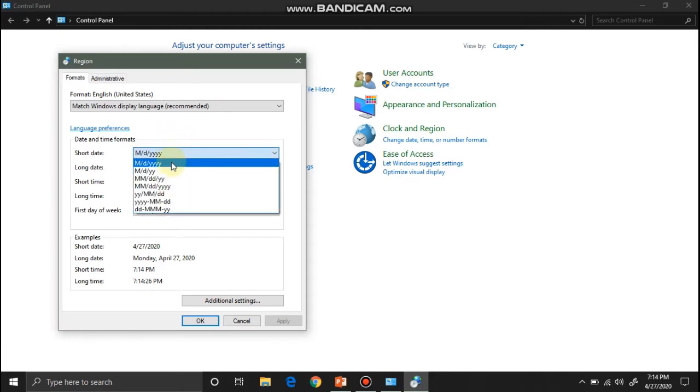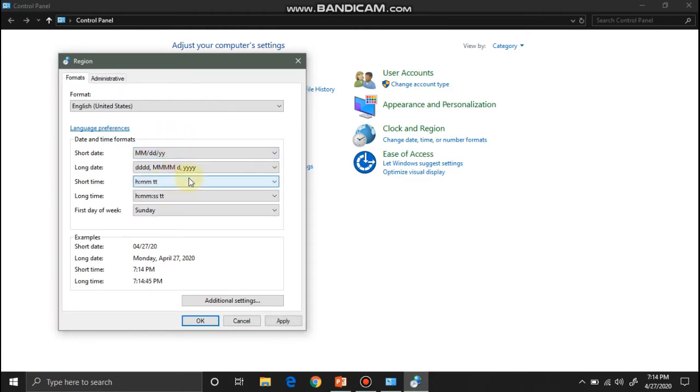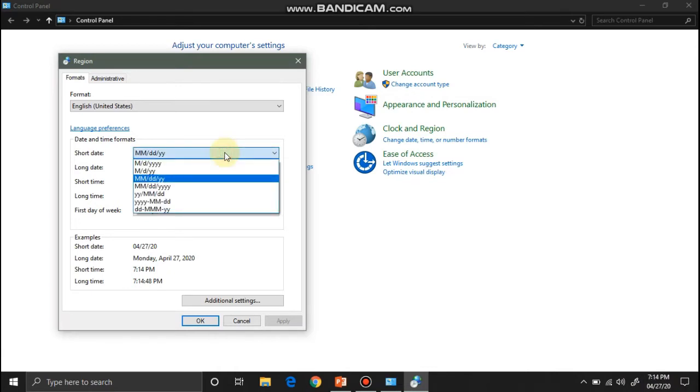Like if I have done it like this and apply, you can see the change here. See, here it is showing 04/27/20. If I want to change, I will click here. I want to see the date, then month, then year in this format.